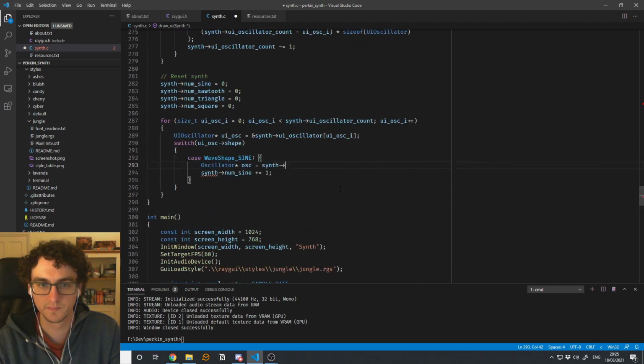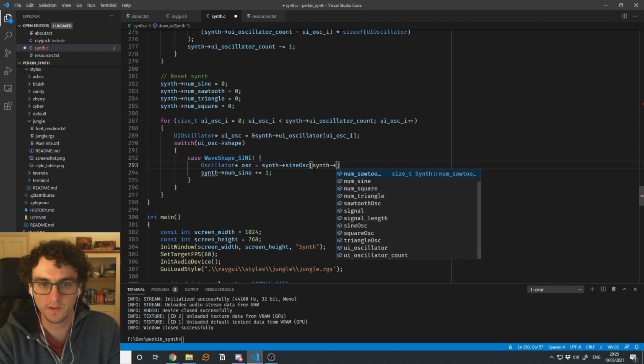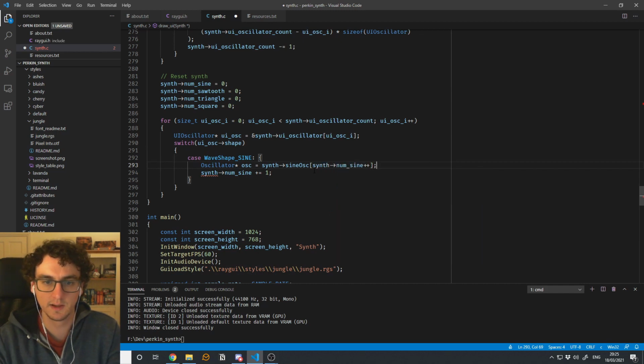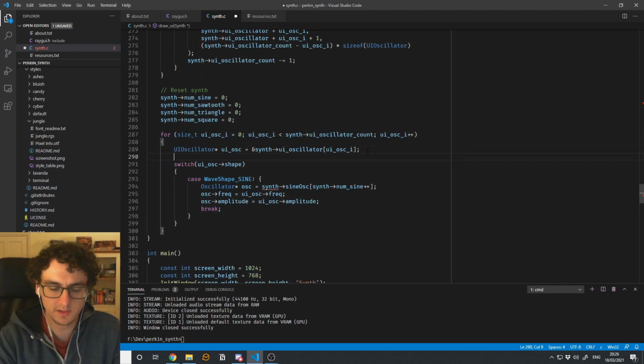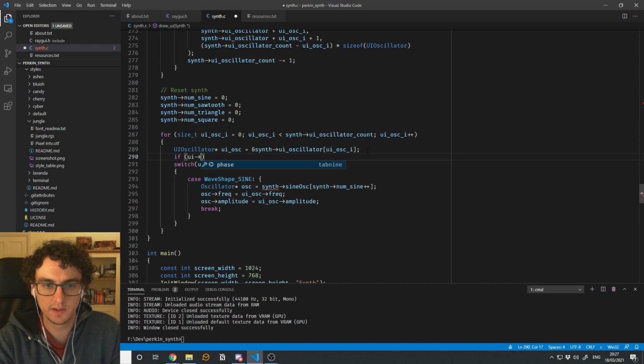Sinos. Synth num sine like this. Alright, I'm going to do this as an if else statement. If UI oscillator shape equals wave shape sine,